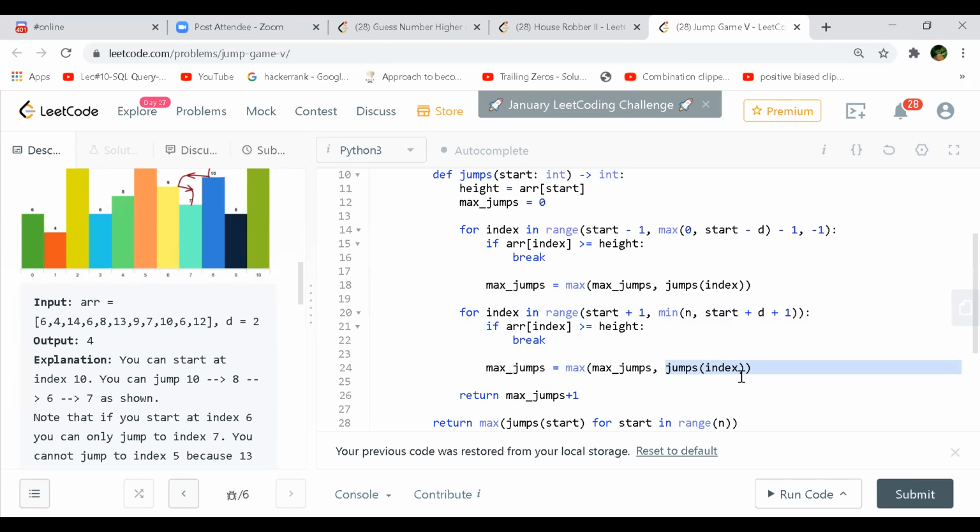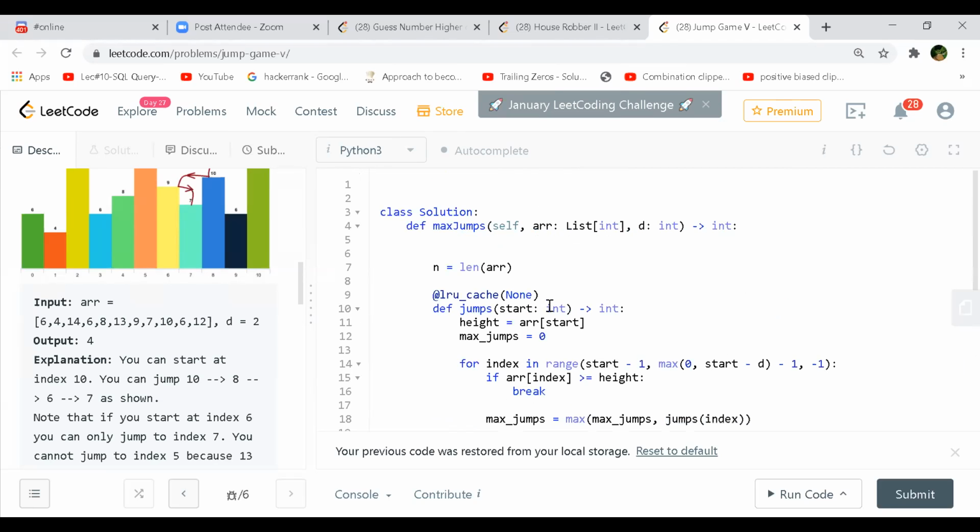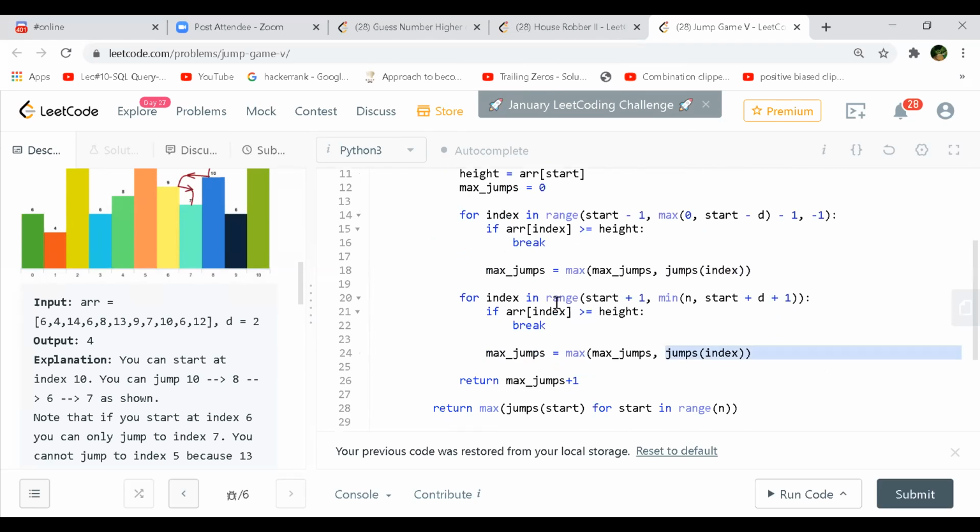And then in that case also we have to break early whenever the condition doesn't satisfy on line 15 and line 21. Yeah. And then at the end on line 26, you take the cumulative jumps, whatever you have till now for that particular index, you add one and then you return it. And then you memoize the whole solution. Exactly. I'm using the inbuilt LRU cache, so it does that memoization for you.